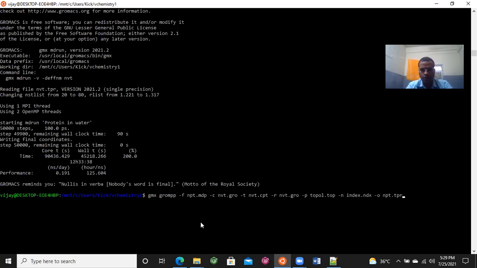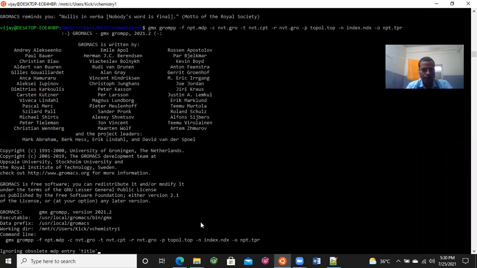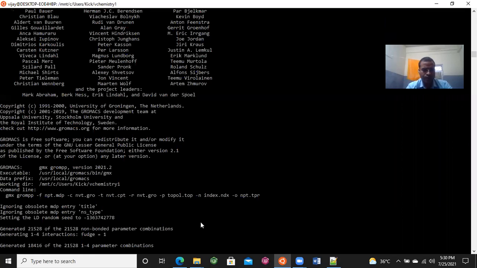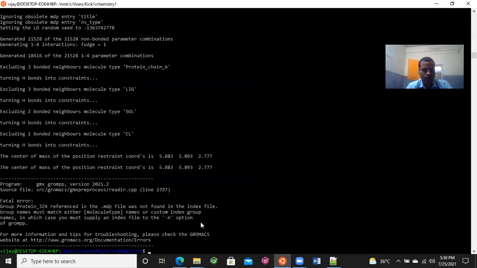Now nothing needs to change because everything is fine as per the command line tags. So press enter. Oh, sorry. It says that the protein JZ4 is not referenced.